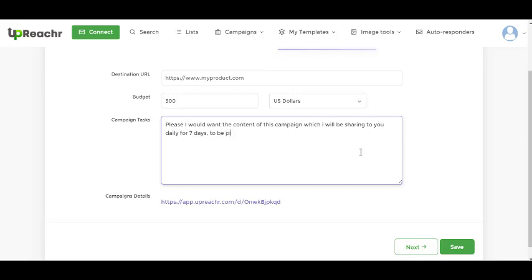pinned on your stories feed, posted on your post feed, link pin to your bio, as well as on every stories, and add my hashtag, add a hashtag,